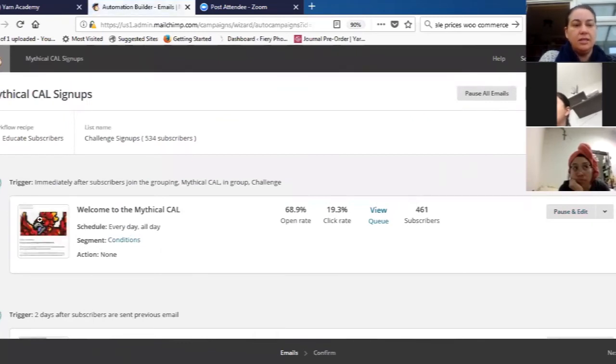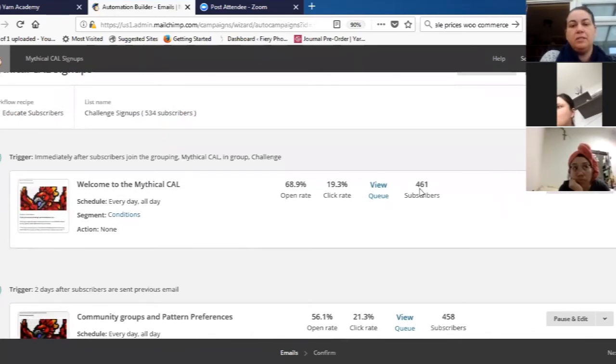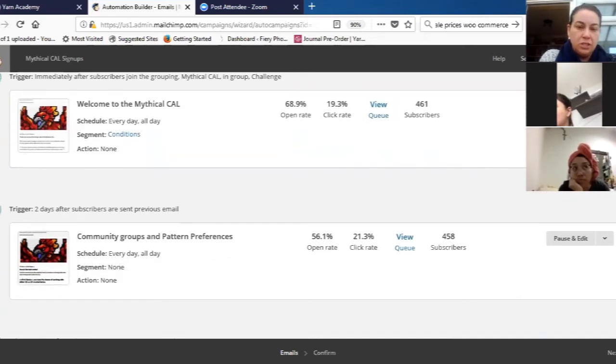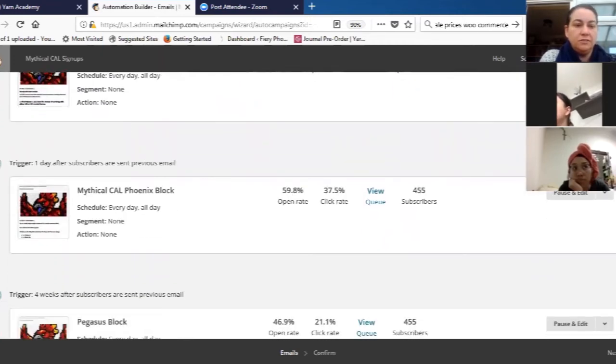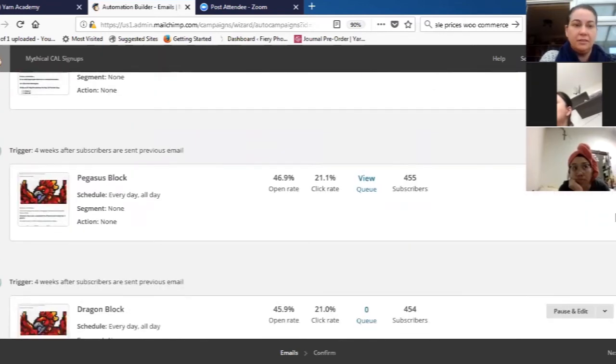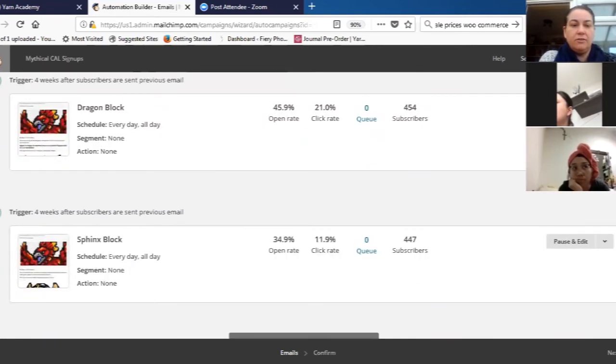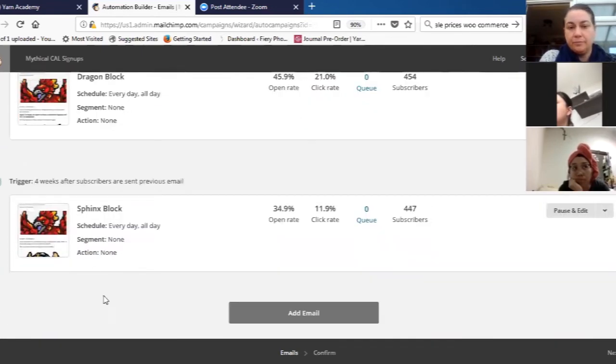And so here you can see that I've got an immediate trigger as soon as somebody signs up. And you get to see how many people it's been sent to, how many are in the queue, the click rate, the open rate, all of the statistics that you would normally get. But you can see them for individual emails. And then I've got 2 days after that, I send one. 1 day after that, I send one. 4 weeks after that, they get sent another. And then it's every 4 weeks they get a different block within the cow. So that's how the